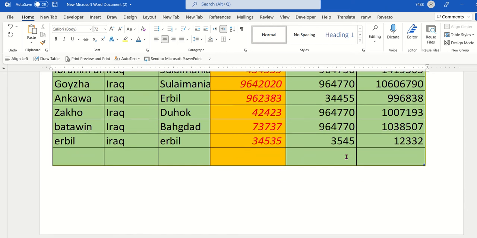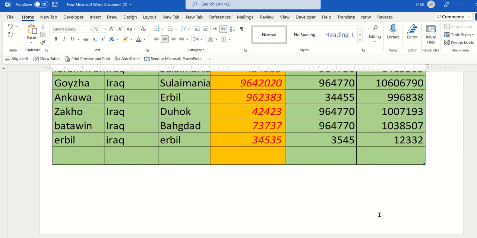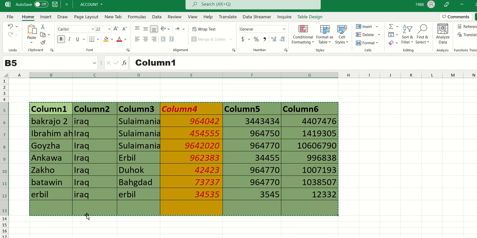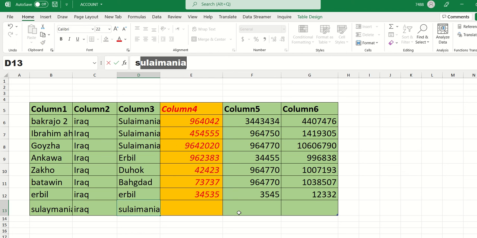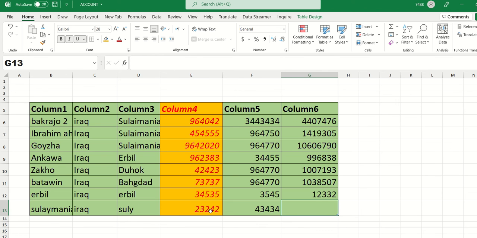And you go back to the document in Microsoft Excel. We want to enter some data. For example, as here we write Suleimania, then the country is Iraq, and the Suli, and write down some numbers, another numbers here, and we want